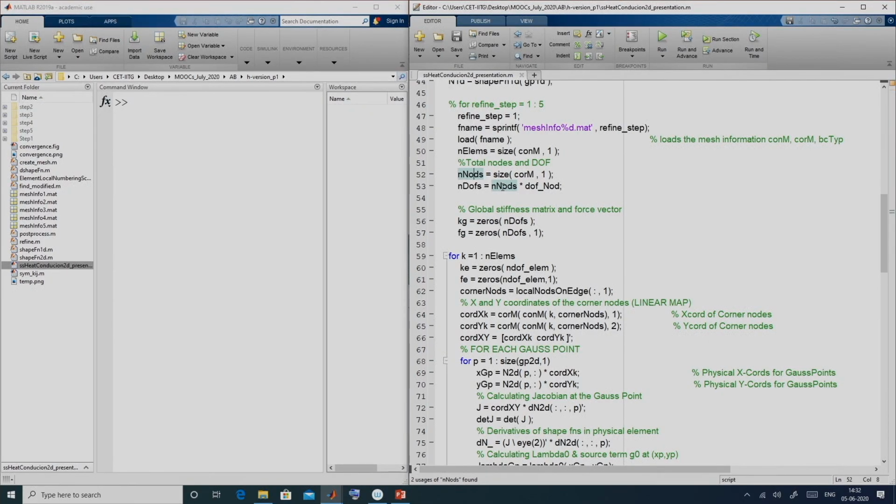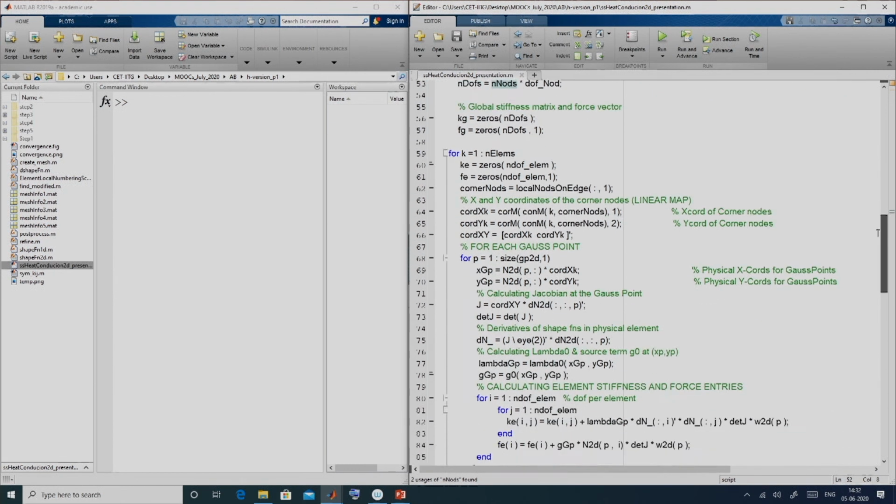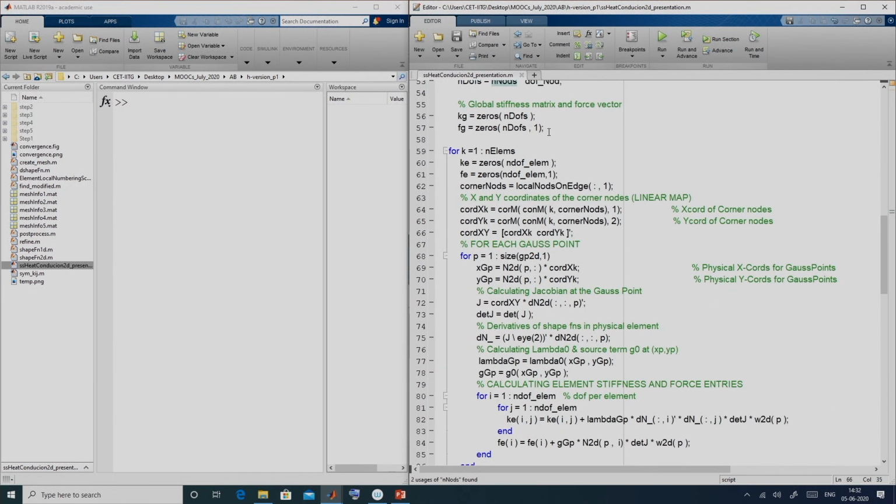In this case, the number of degrees of freedom and the number of nodes in the whole mesh are the same, because the degree of freedom per node is 1. Then we declare the global stiffness matrix and the global force vector as 0, and the size is given by the total number of degrees of freedom in the mesh.